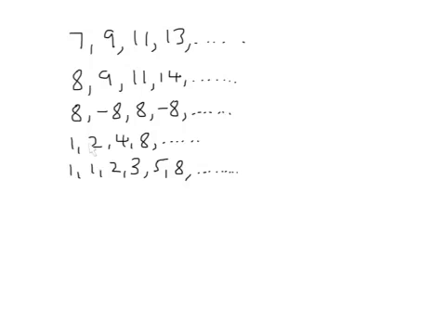Here we've got a sequence where the numbers are doubling every time. The next number would be 16, the next number would be 32. And this last one, Fibonacci sequence: 1 and 1 is 2, 1 and 2 is 3, 2 and 3 is 5, 3 and 5 is 8, so the next number would be 5 plus 8, 13, 8 plus 13, 21,